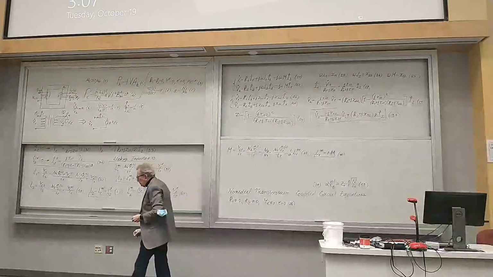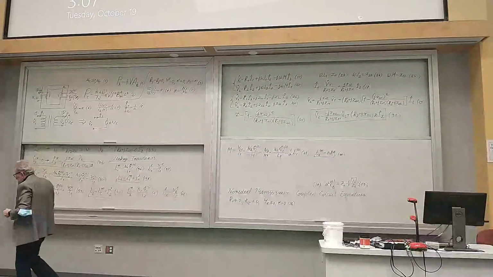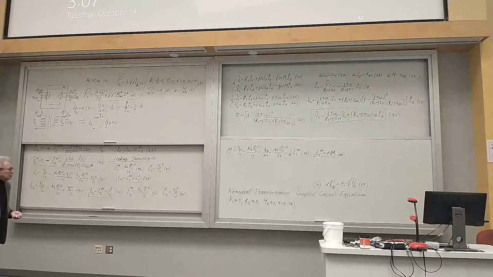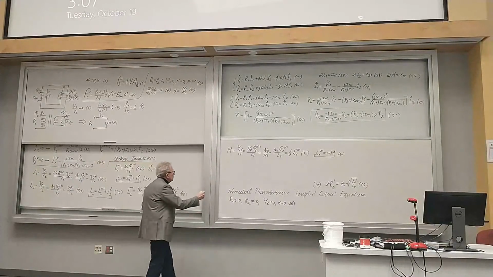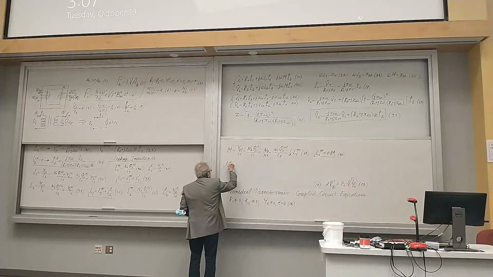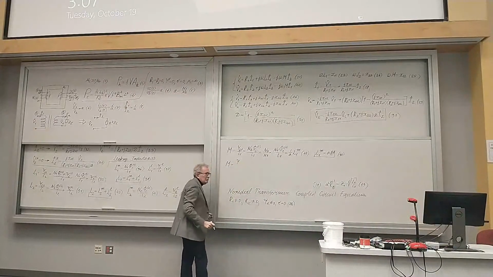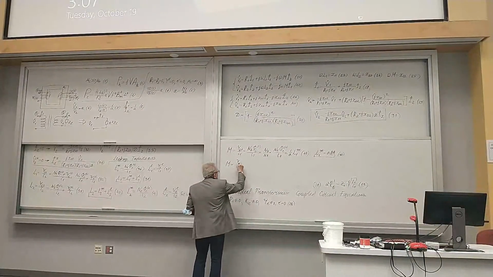So I considered mutual inductance when I excited the primary winding. Now I will consider mutual inductance, which will be the same when I excite the secondary winding. Then this mutual inductance will be defined as the flux linkages of the primary winding due to the current through the